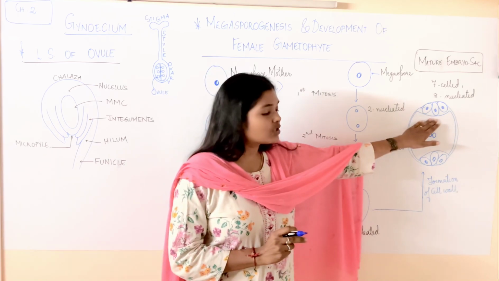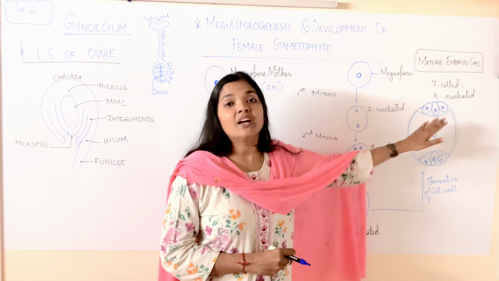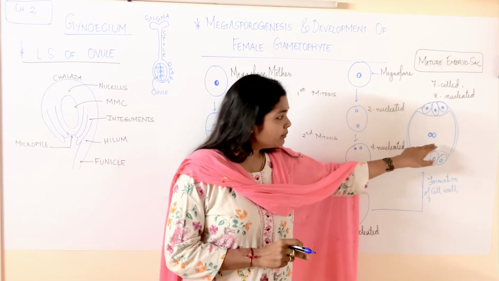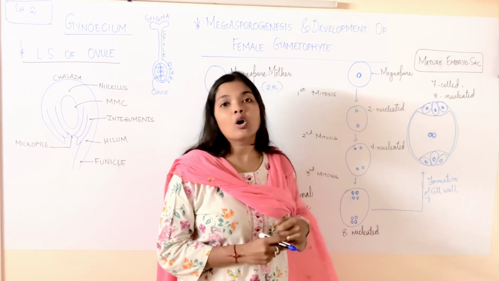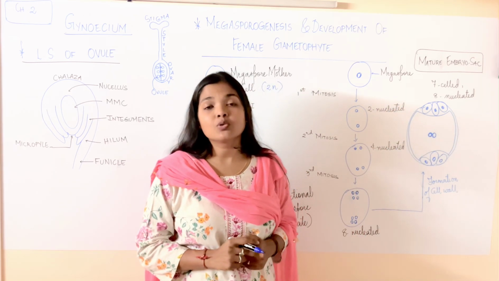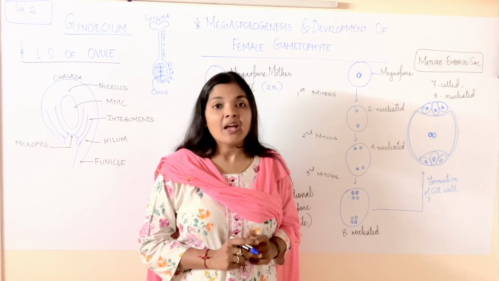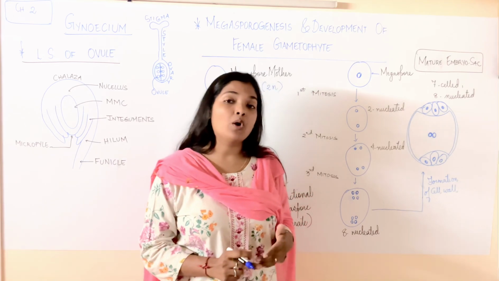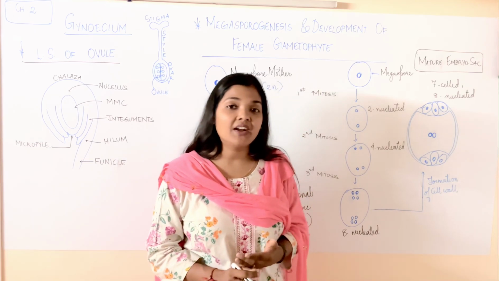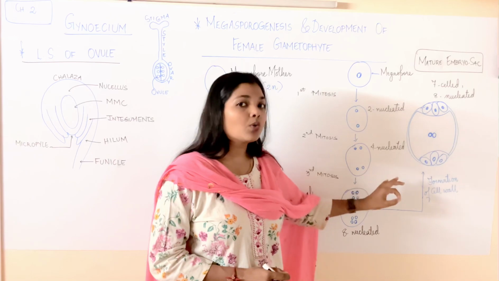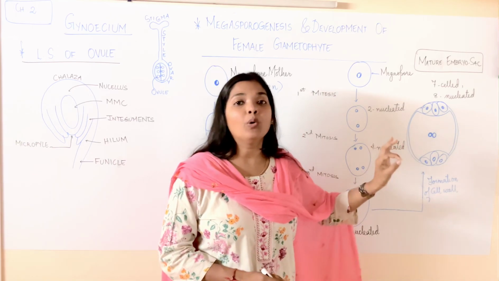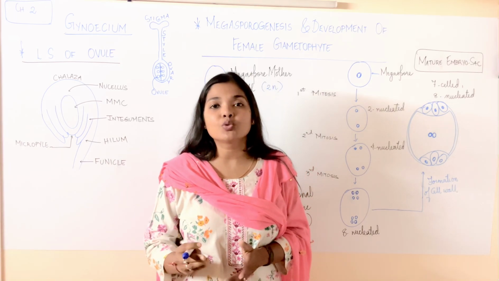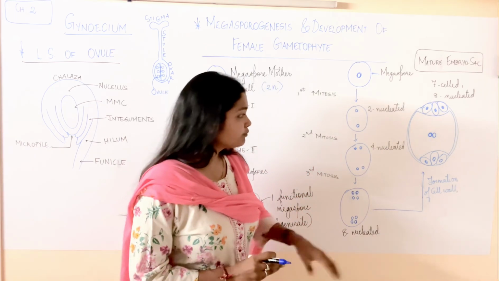The 3 cells which are present at the chalazal end, they are named as the antipodal cells. To the center, the nuclei which have moved, they are called as the polar nuclei. So we have 2 polar nuclei here, and these would undergo fusion. After undergoing fusion, it will be called as the definitive or secondary nucleus. Before undergoing fusion, it will be called as polar nuclei. So when 2 polar nuclei undergo fusion, it will give rise to 1 definitive nucleus.